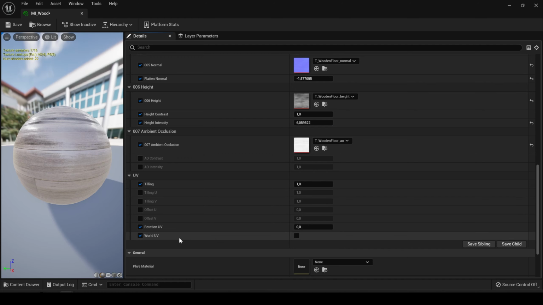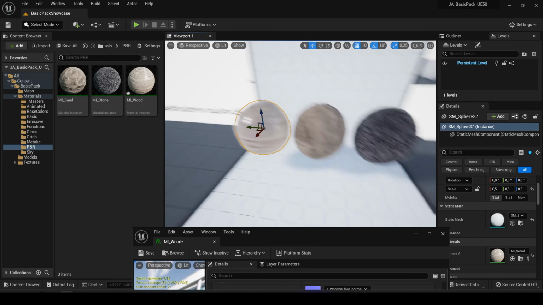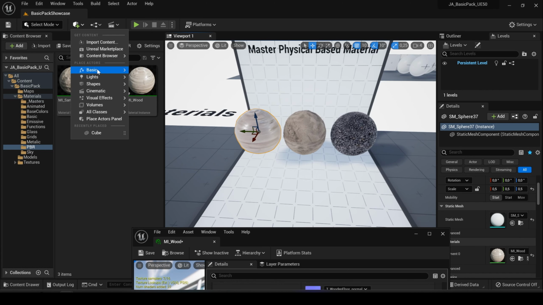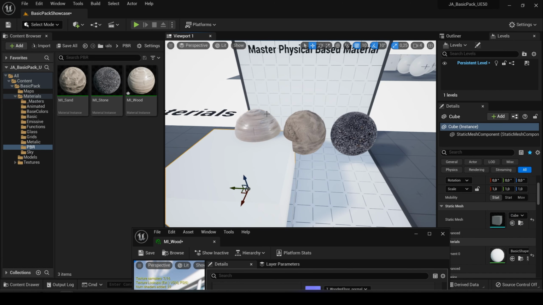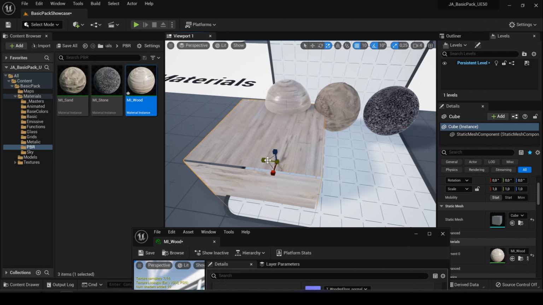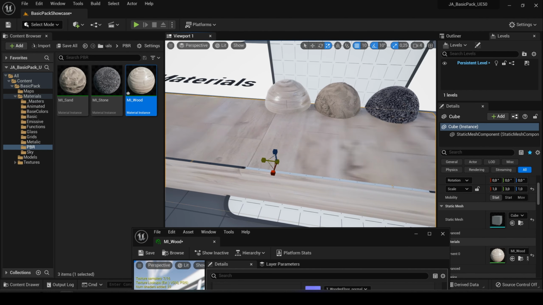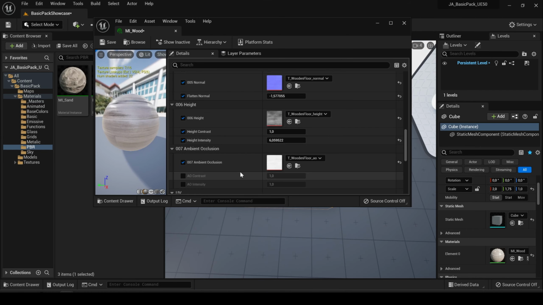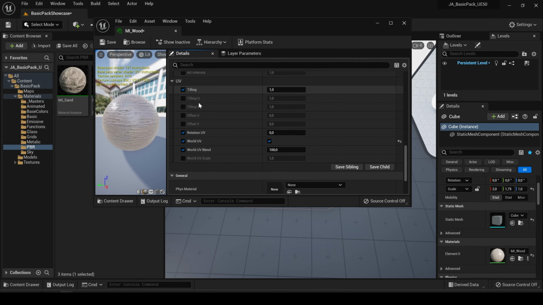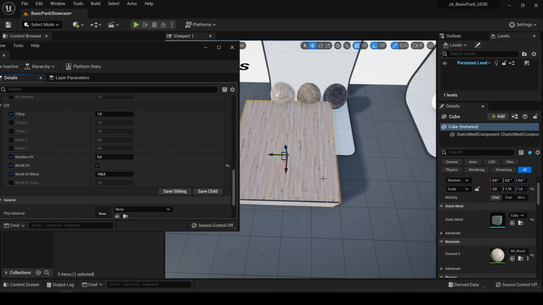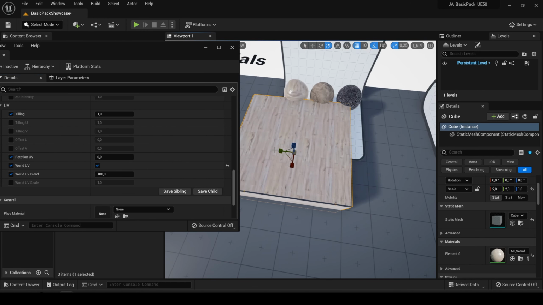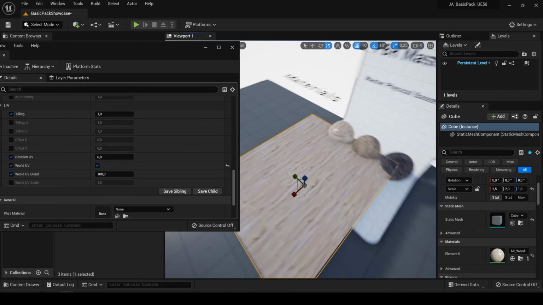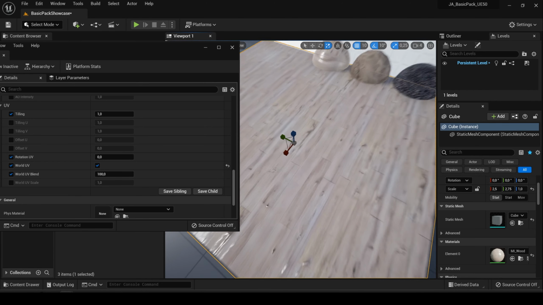The best thing about this is also prepared UV and the world UV. So now when I place some object here, let's say the cube, and I will apply this texture up here, you see when I scale the object, it's also scaling the UV. But when I check the world UV here, the scale is based on the world UV, and so now when I scale the object itself, the scale of the texture is the same. I can control it up here,